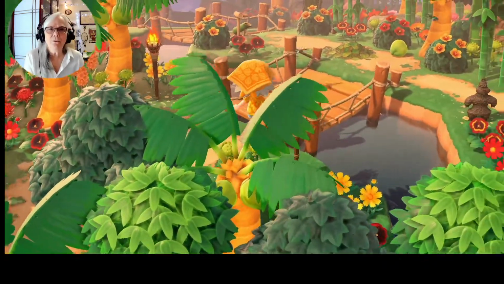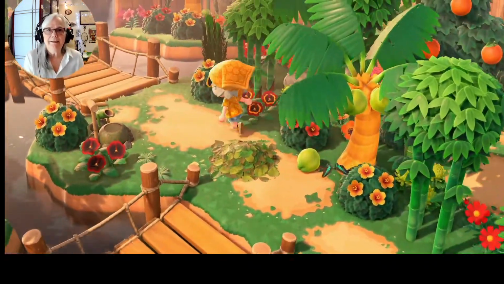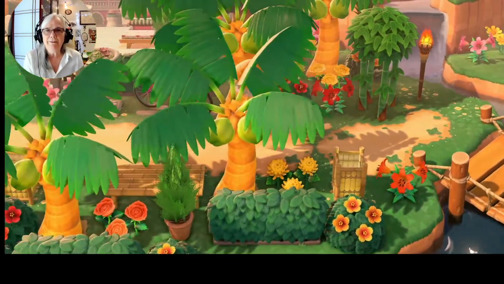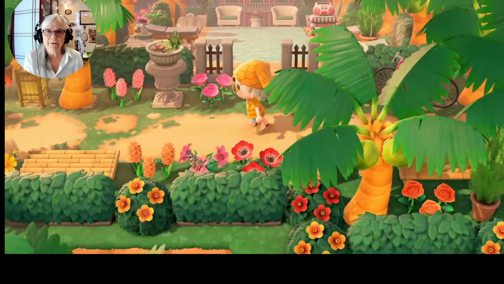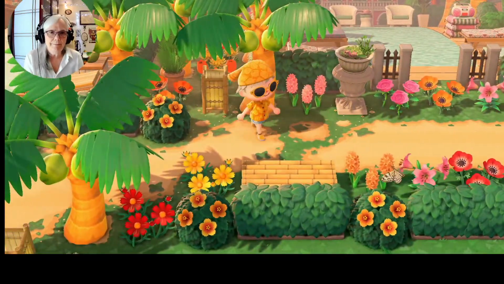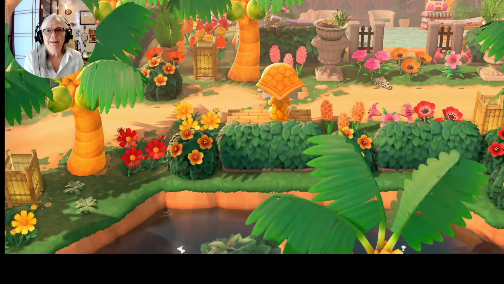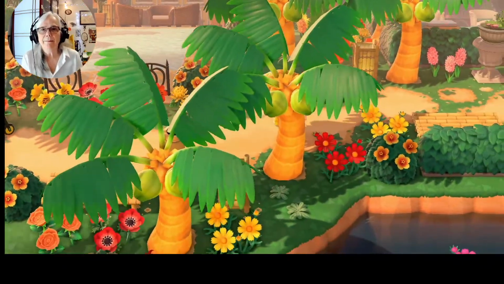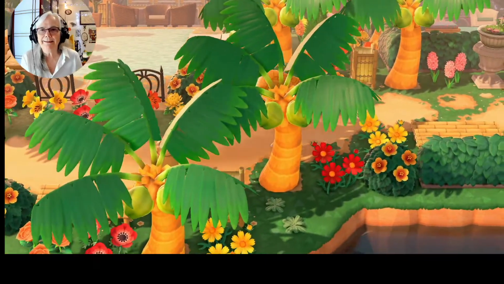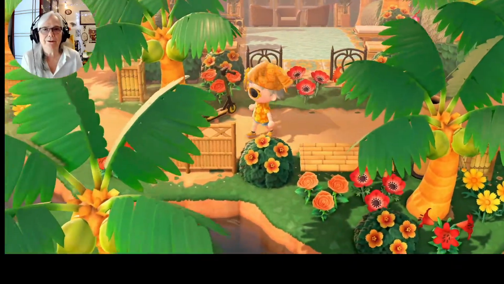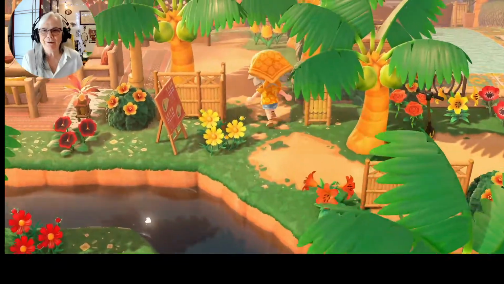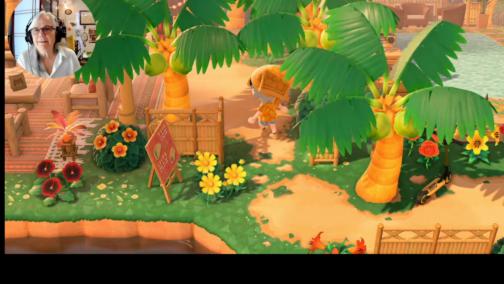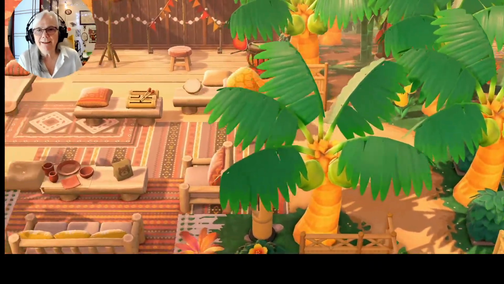Here we are going over a bridge. And then this beautiful island. They have all different colors of flowers. And lots of bamboo. Oh, here's another pool. Oh, how do we get there? Let's go find it. Oh, a scooter. I haven't seen a scooter before. Okay, what is this? Let's read the sign. It's a restaurant. We can have tacos.